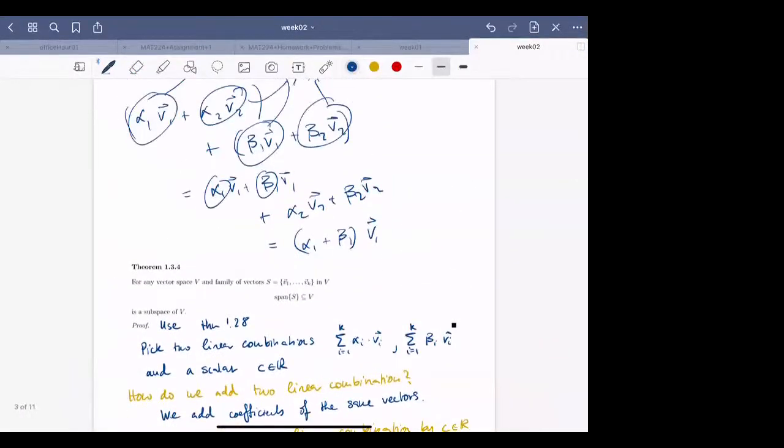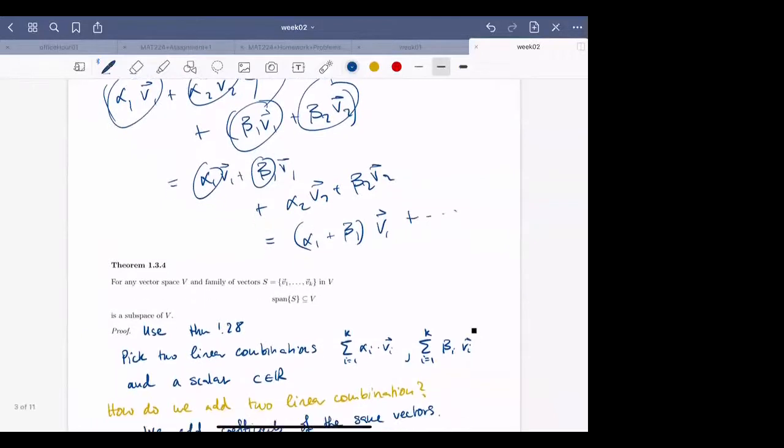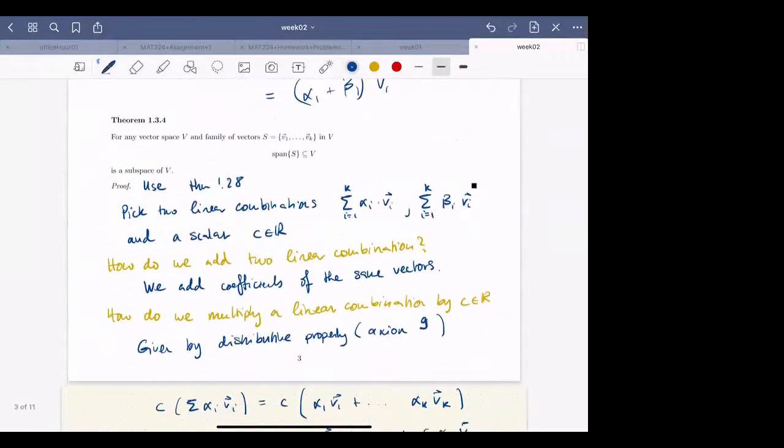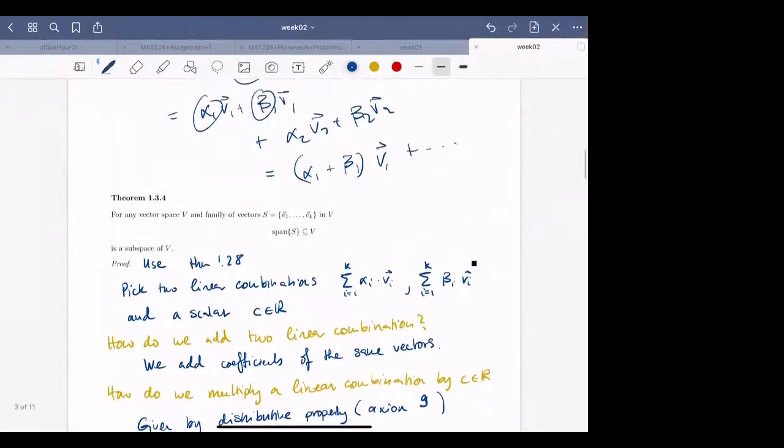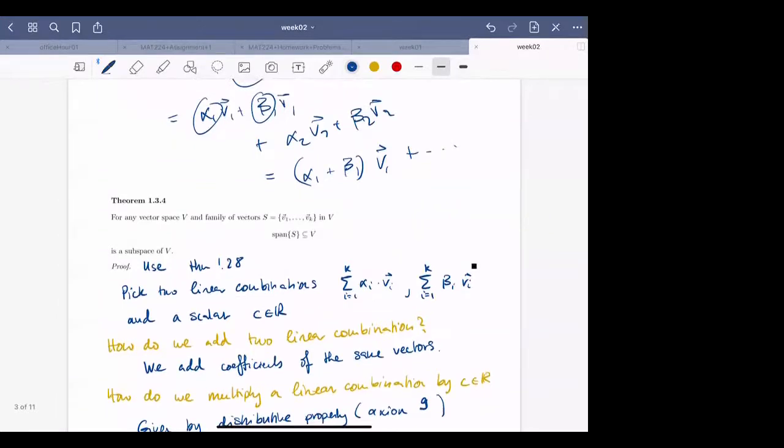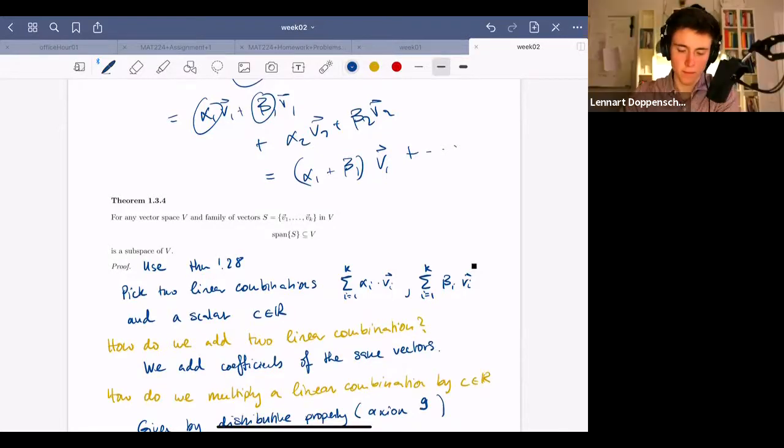I was confused why we could use the axioms if they're just vectors in a set. Why can we use the axioms if we don't know that it's a vector space? Oh, because the vectors in span S are linear combinations in another vector space. So because we have,